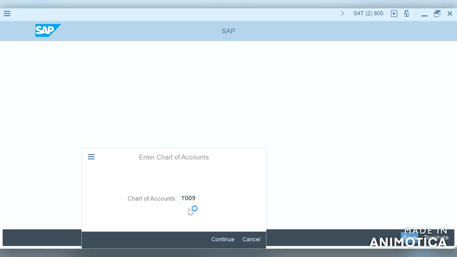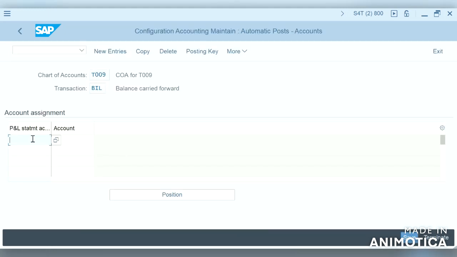So chart of accounts, T009 and profit and loss statement account type X, balance carry forward. So we will understand what is the purpose of retained earnings account. Retained earnings account is used for posting the expenditure and income of that particular year. It is used to carry forward the balance from current fiscal year to the next fiscal year.